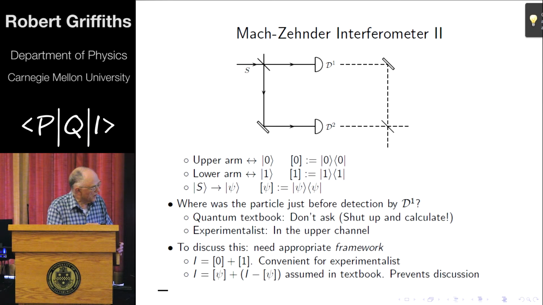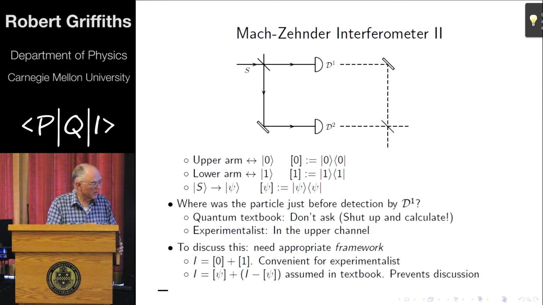Now, the first step in solving this is to start off with the identity operator, which is the sum of these two projectors, 0 and 1. Identity is always the thing that tells you nothing. So you start off with no commitment, no knowledge, and then you split it up. You say, well, I will write this as the sum of 0 plus 1, and then in the proper circumstances,